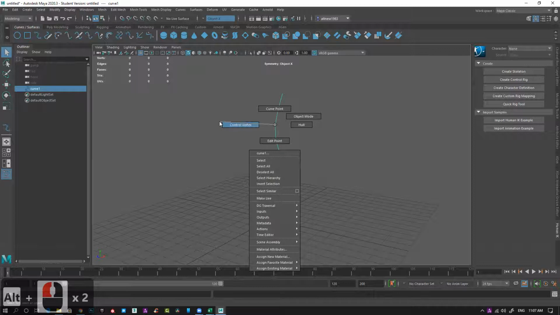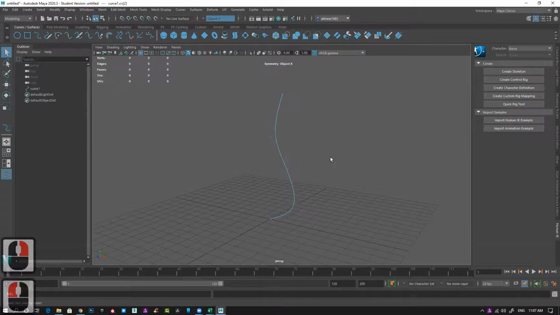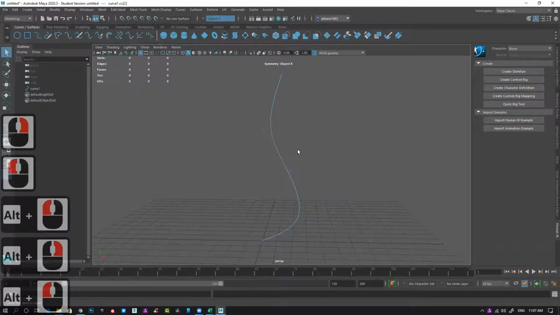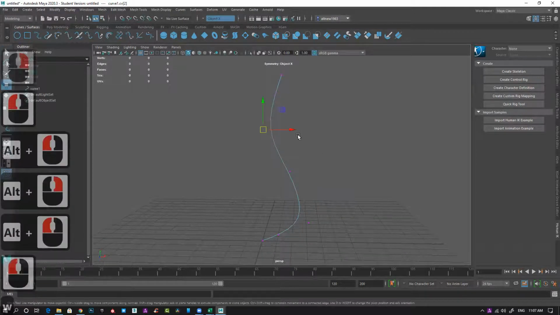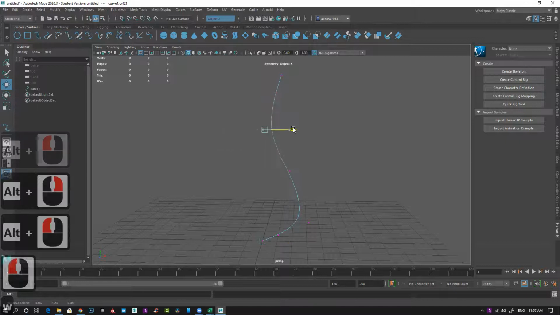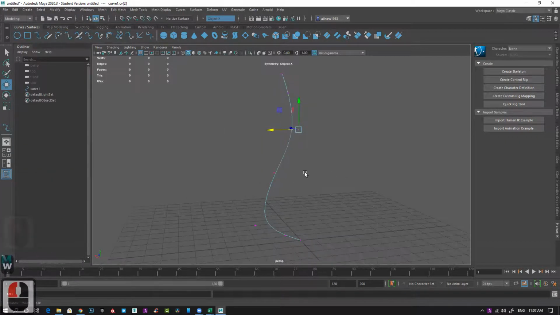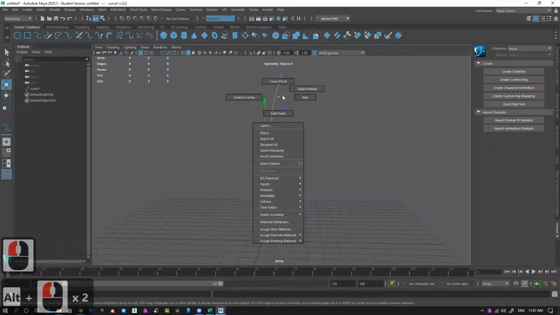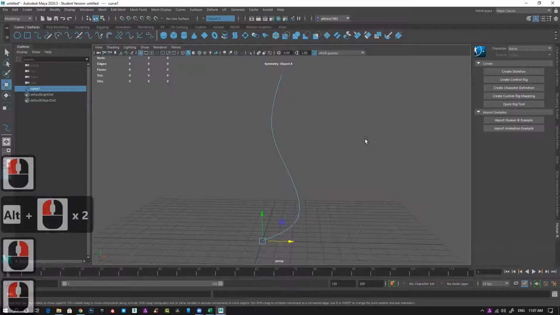Right click gives you control vertex, curve point, and all these options. Select the control vertex, select any other vertex, press W, and you can modify it, change it, and do all sorts of things.